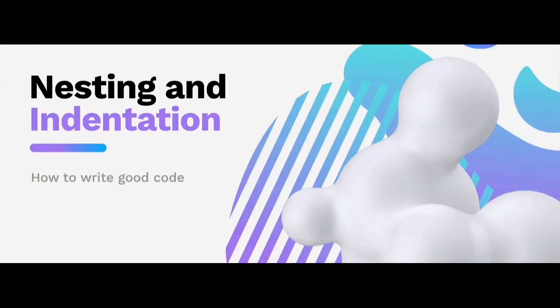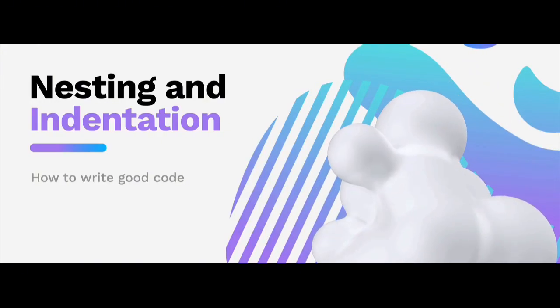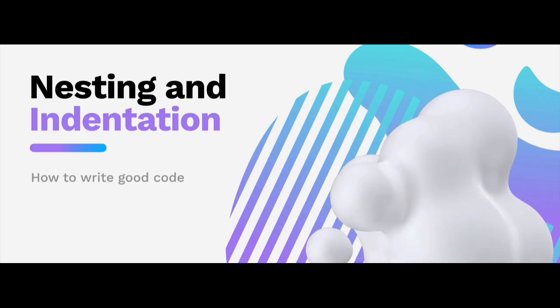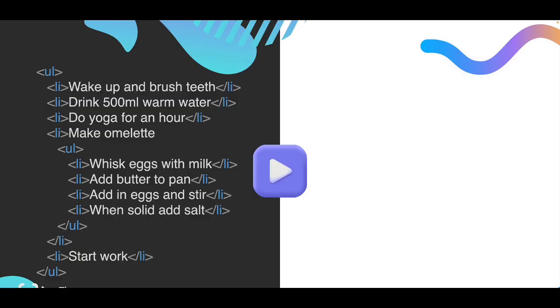Now, in the previous lesson, we learned a little bit about ordered and unordered lists. In this lesson, we're going to take that concept a little bit further. I want to show you how you can nest things inside others. For example, we saw that we could already nest the list elements inside an unordered list, and you would see